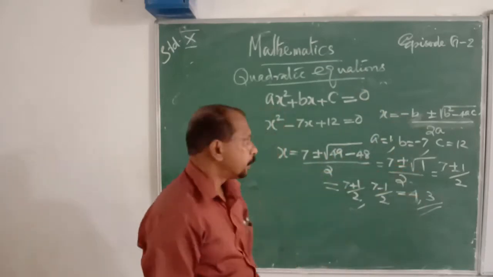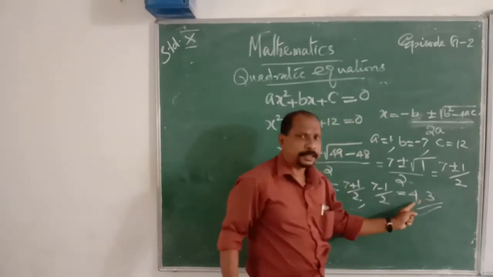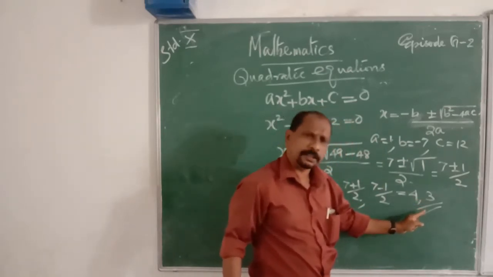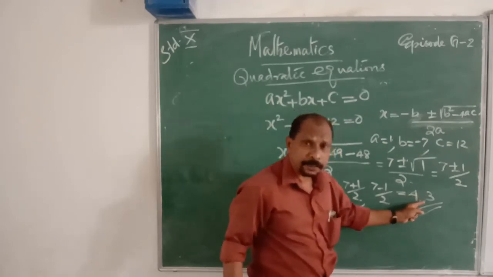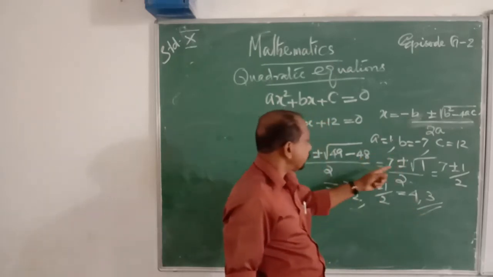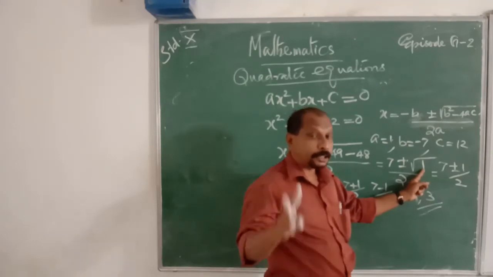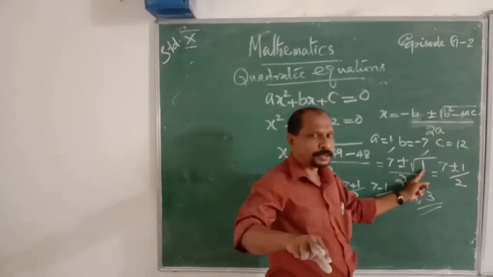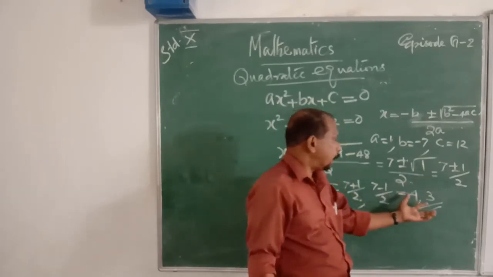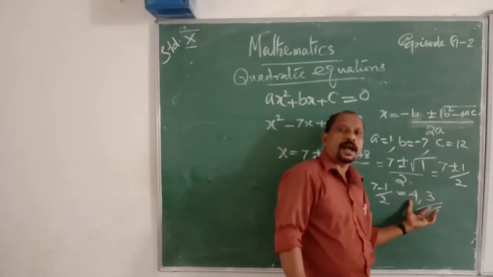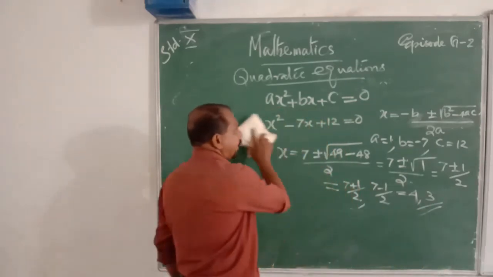And also, listen, in this case, roots are different, but they are real numbers. What does that indicate? It indicates 4 and 3, these two values are not the same, they are different. That means b square minus 4ac is equal to 1, which is greater than 0. That means when b square minus 4ac is positive, or greater than 0, the values are real and different. That is the condition. Okay. Then let us consider another example.